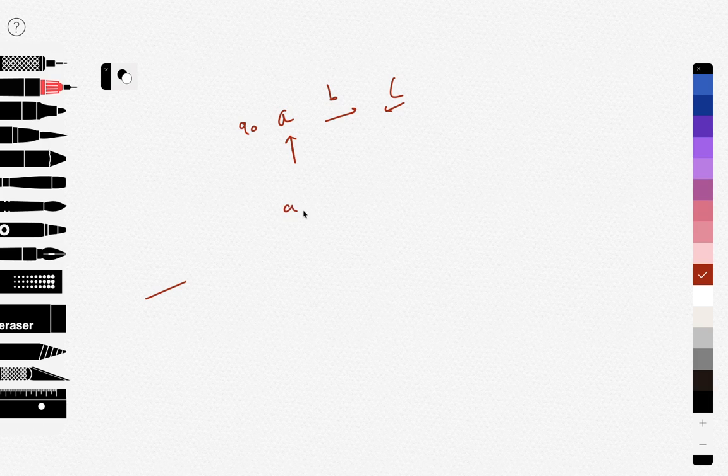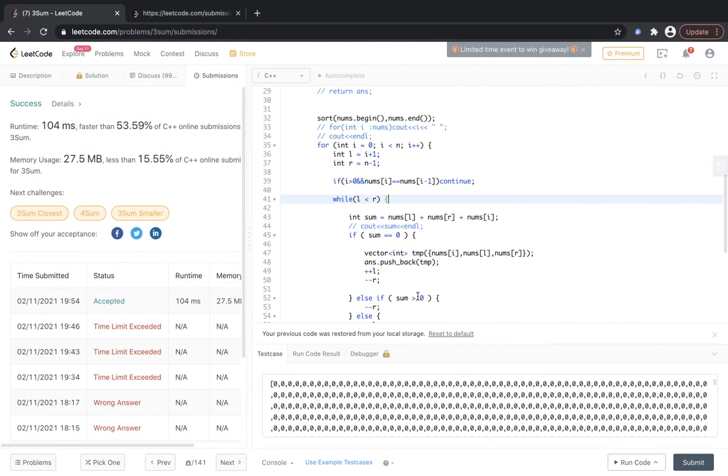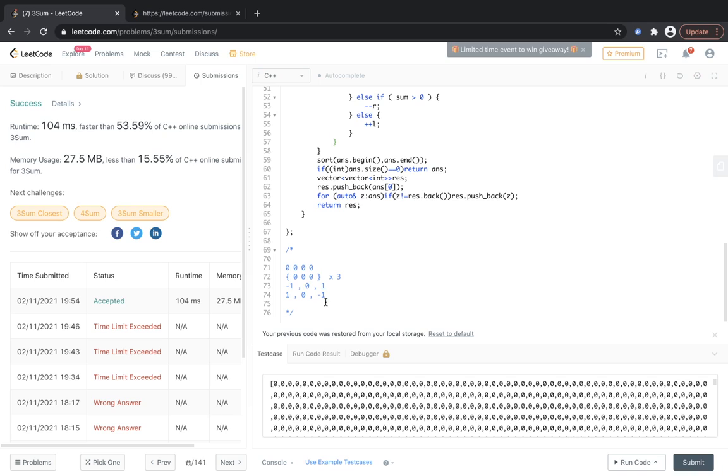Now since A0 and A are the same, we know that we have already calculated the answer for A0, and we have calculated all the possible answers for A0. So what is the use of calculating the answer for A? Since we have already calculated all the answers for A0, there is no use in calculating all the answers for A, because it would be the same as the A0 answer. So just ignore it and move on. This is how we handle those cases, and this will speed it up by 10 times.